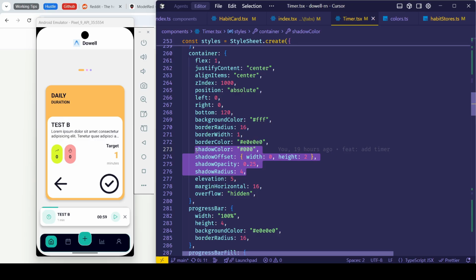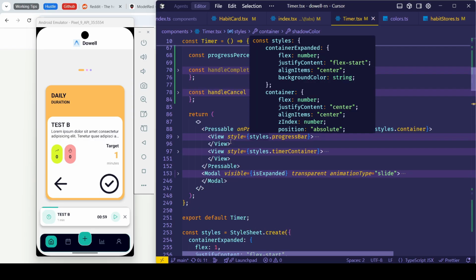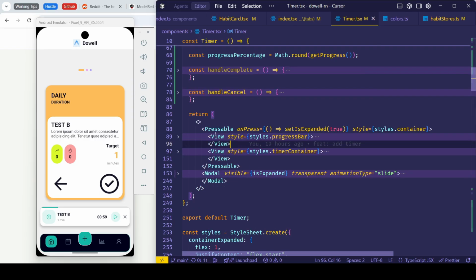Okay, for the next, I just make two children. The one is the progress bar above, and the one is the timer container for wrapping this little component.